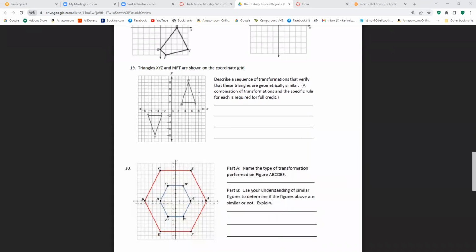Number 19, describe a sequence of transformations. So it means that we're going from P. Look at these letters up here. It matters the order of the letters. So X corresponds with M. So M and X correspond right here and here. Y and P correspond. And then T and Z correspond. All right, so if we rotate T, so T's at 7, 2. If we go left 7, down 2, it just means simply that this has been translated